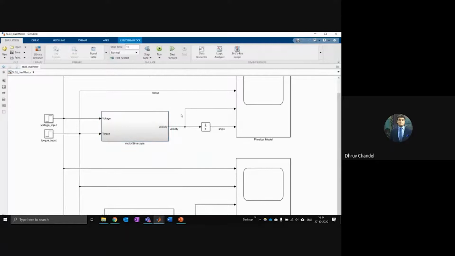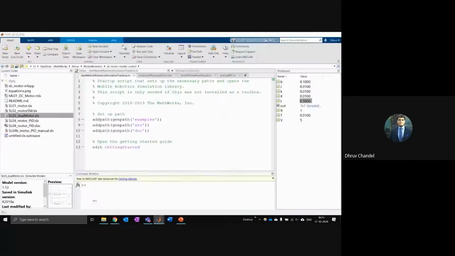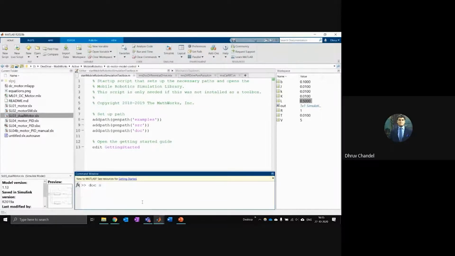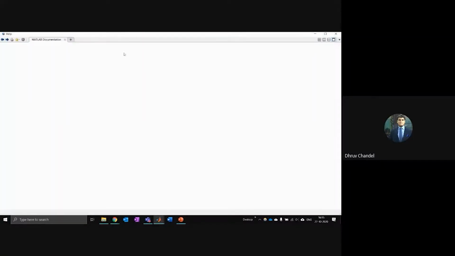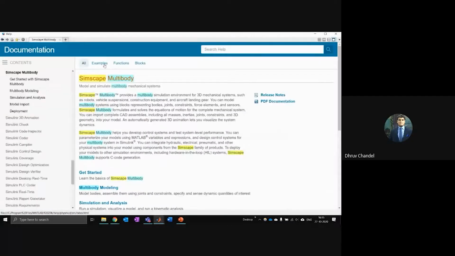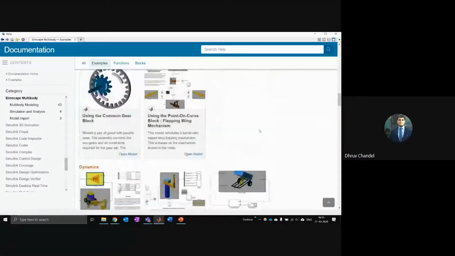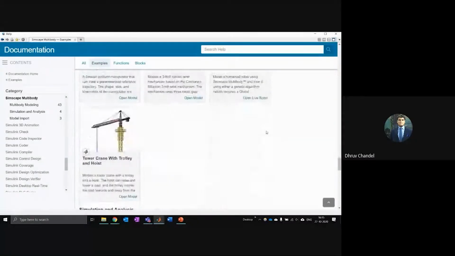Okay. There was another question, can we import URDF models to Simscape? Yes, you can. So there is something known as Simscape Multibody, which I was planning to show. I can mention that now. If I look in the documentation of Simscape Multibody, this is a tool which is used for creating 3D environments and fairly high fidelity simulations.